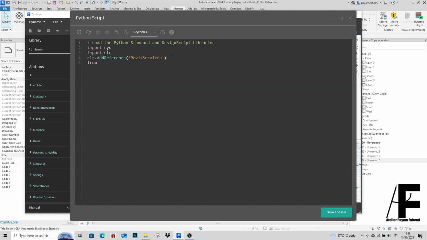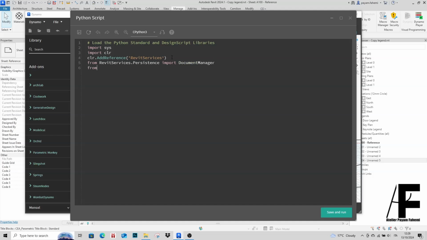I'm going to say from Revit services dot persistence import document manager,